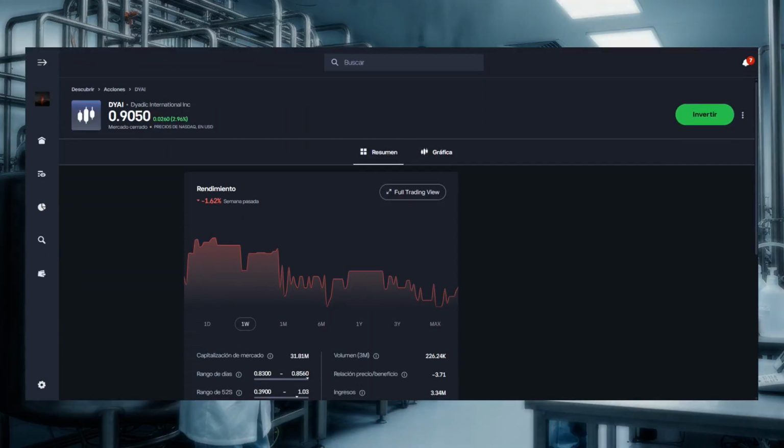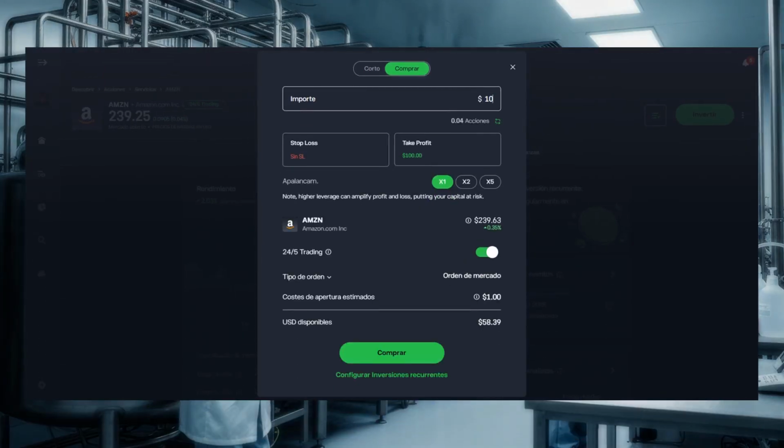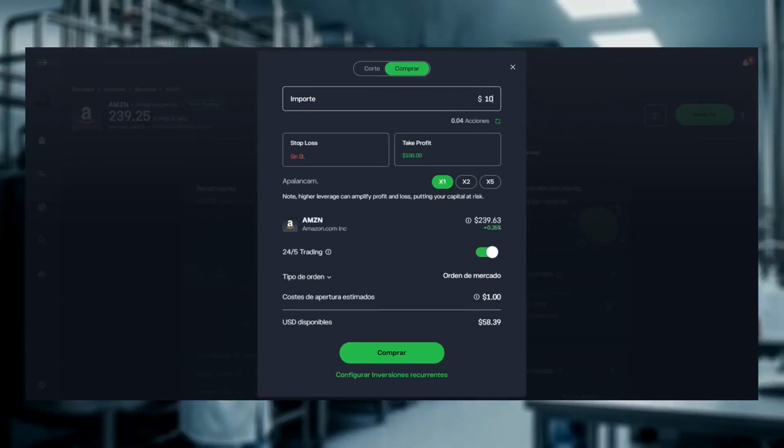On the asset page, review basic company information and the price chart to confirm you have the correct Dyadic International Inc. listing. Check the exchange and ticker one more time before proceeding. Tap Invest or Buy, enter the amount you want to invest, then review order details such as order type and